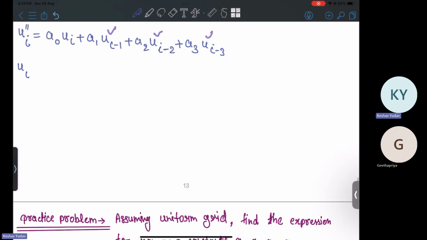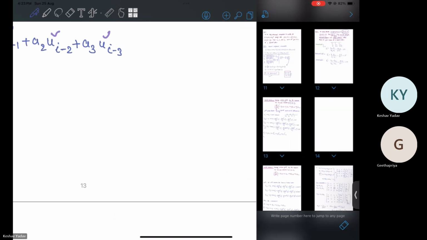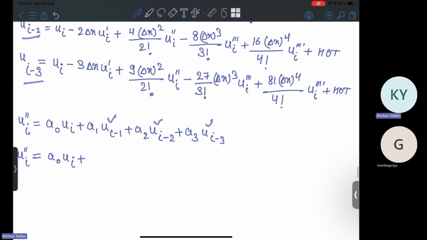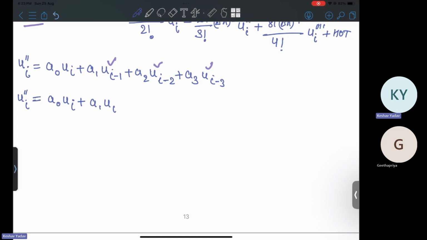Okay. So simply I want to add one point here. Whichever page I am, ui double prime will be equal to what? Will be equal to what? A0 ui plus, from here you put the whole value. So it will be equal to what? A1 ui plus a1 delta x ui prime plus a1 delta x square upon 2 factorial ui double prime plus a1 delta x